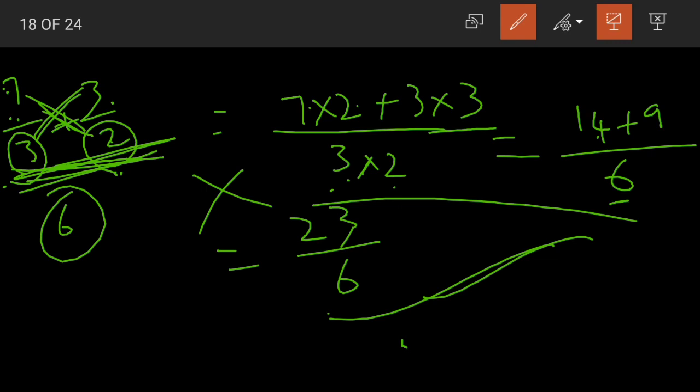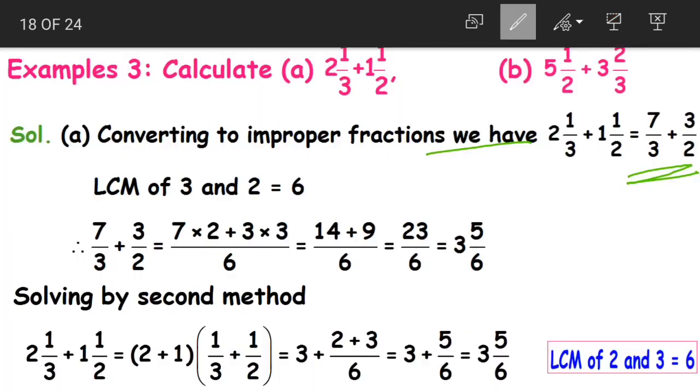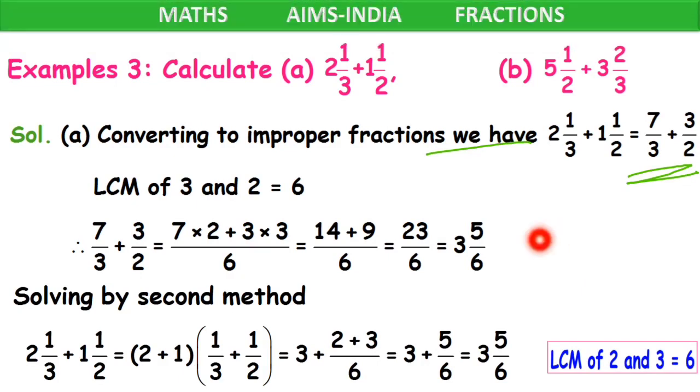Please do not follow this method, as this is not elaborate and you might not get full marks. Apply this only when you have to solve multiple choice questions and get to the answer quickly. And what is the condition? Both the denominators should be prime numbers. Yes, clear students? What answer did we get? The answer we got was 23 by 6.